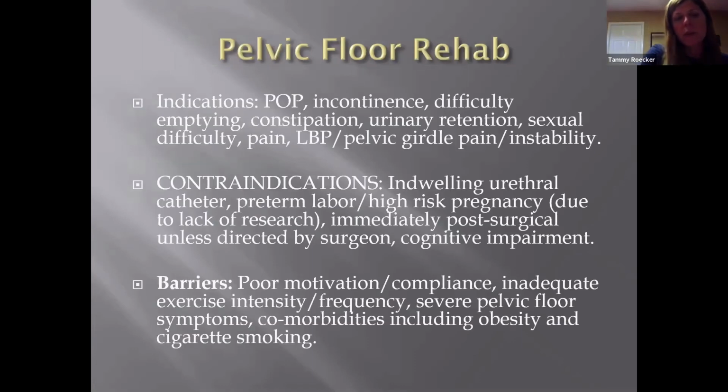So by gathering some of that data and sharing it with a pelvic floor therapist or a urologist or a gynecologist or whoever you're seeing, then they can have a little bit more information. So with the pelvic floor rehabilitation, indications for that would be pelvic organ prolapse, incontinence, difficulty emptying, constipation, urinary retention,